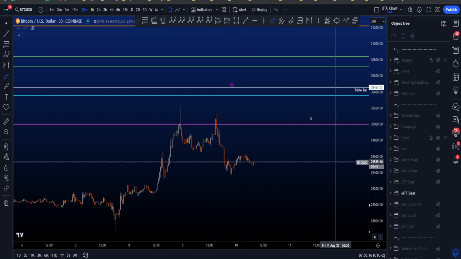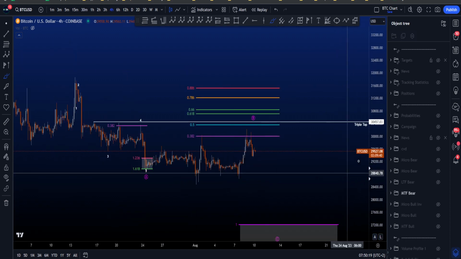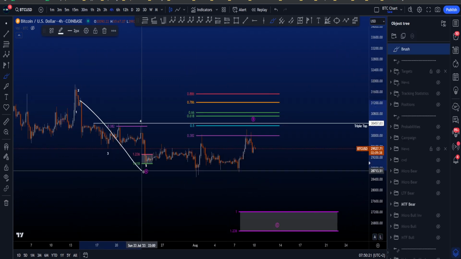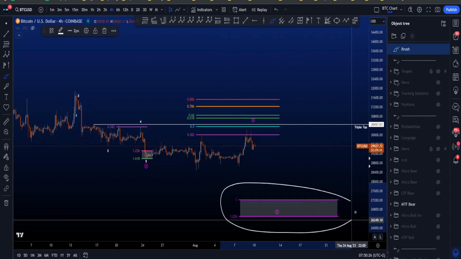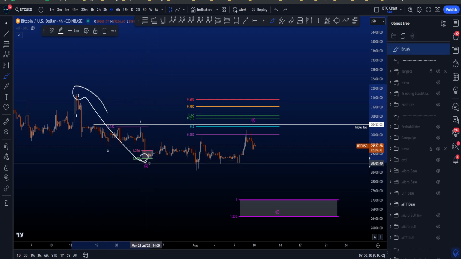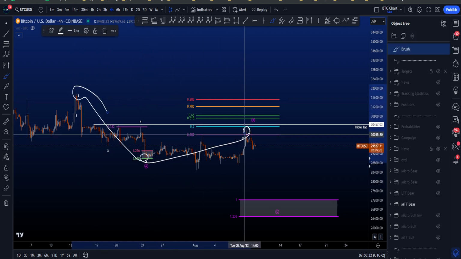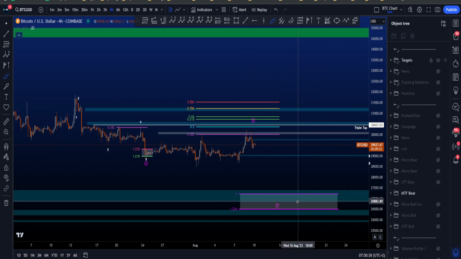Now if we go to the medium time frame bearish scenario, we are still expecting a move to the downside. So over here we're looking at a zigzag, an ABC to the downside, where the most common target for wave C is between the 1 and the 1.236, taken from the high to the low of A to the current high that we have over here for B, sitting between 27.2k and 26.5k, which is in nice confluence with the